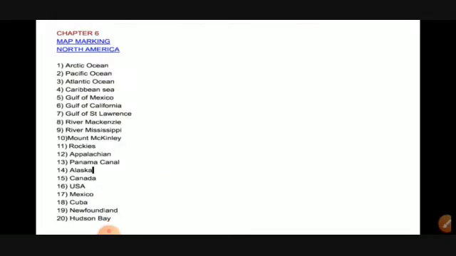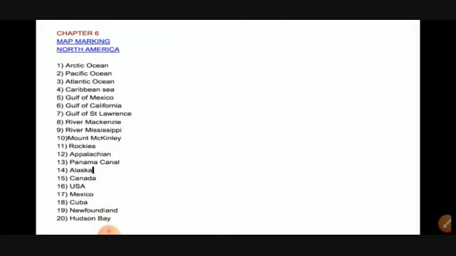You can see 20 places here, and you can write all the 20 places in your copy, and then you can start marking the map. You can use a single map for marking all the 20 places. You can use a political map, because in a political map, boundary line will be given properly, so it will be easy for you to write the countries. So use a political map for marking this map. There is no use of using 2 maps. Okay, so let's start the map marking.